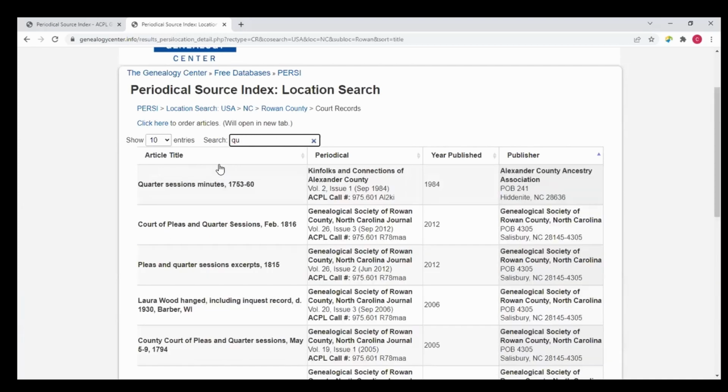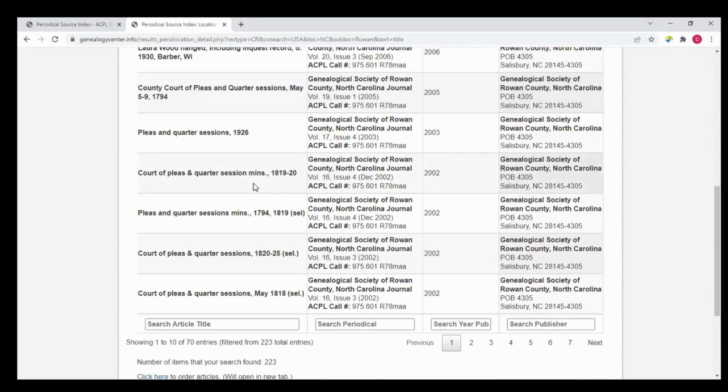If we do QU, there's so much. And here we see quarter session records. So there is a way of very roughly, and I'm using the term very loosely, truncate, if you will, or look for character strings, groups of letters. Groups of letters probably sounds better than character strings, but those of you who know about indexing and computers, what you're really seeing here is the computer's looking for character strings. It's really not looking for a collection of letters.